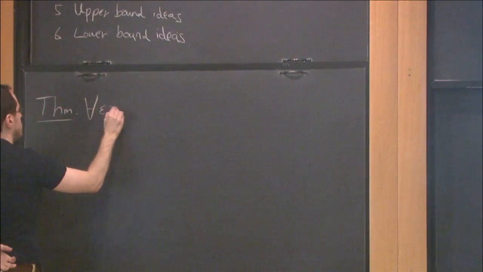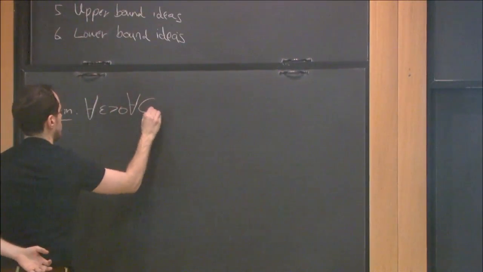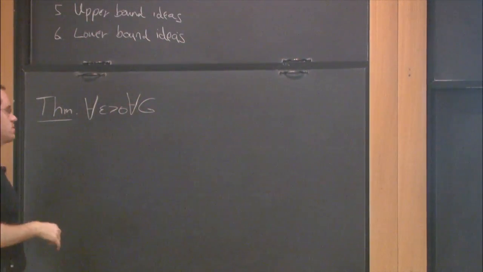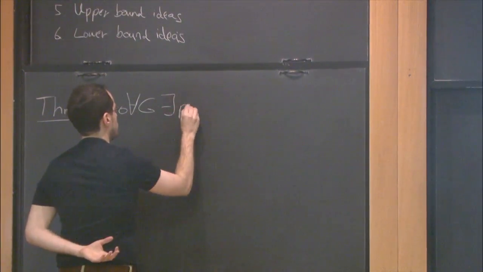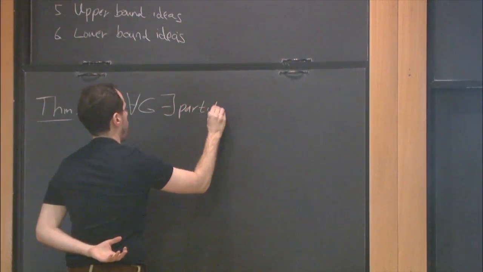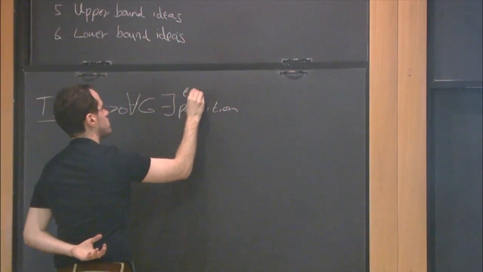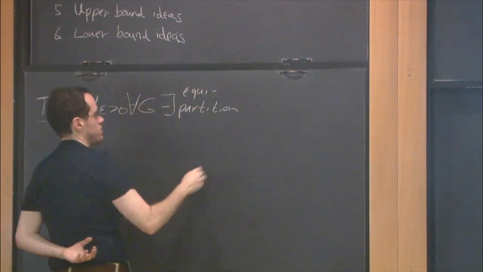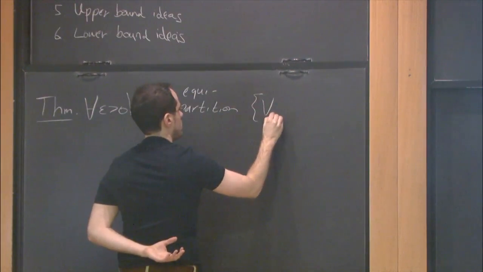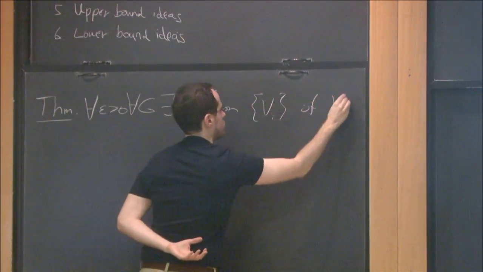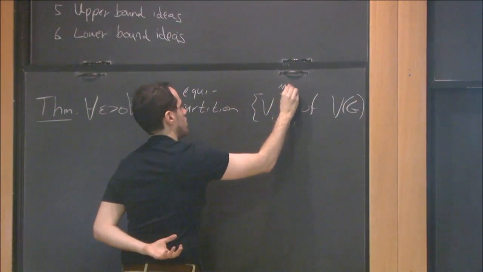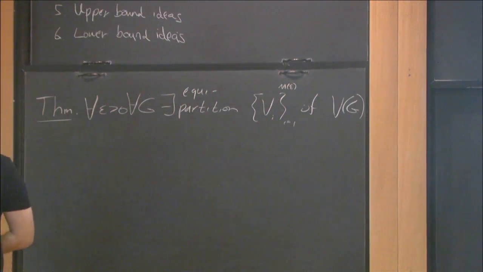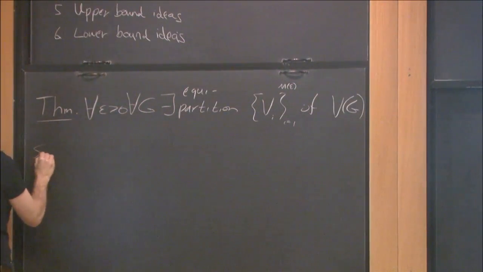For every parameter epsilon and every graph, you can find this model, this small partition. So there exists a partition, in fact, I'll write equipartition, where all the parts are of the same size, V_i, of the vertex set of G, and denote the number of parts by m of epsilon, so a function only of epsilon, such that